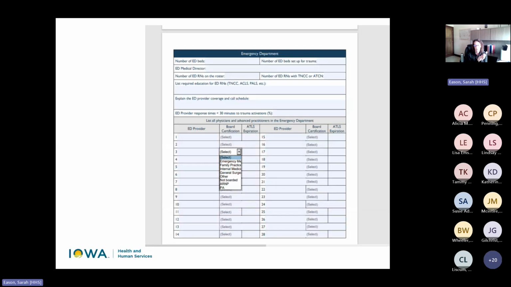Everybody else has to be current in ATLS. So these are your docs that are boarded in family practice, internal medicine, not boarded at all. They need to be current. Again, presenting that ATLS card, having that submitted in your supporting documents. If you're a PA, if you're a nurse practitioner, those mid-level providers or APPs, advanced practice providers, or APCs, advanced practice clinicians, whatever you call them, they need to be current in ATLS every 4 years. So I hope that really clears it up. We get questions about that all the time.